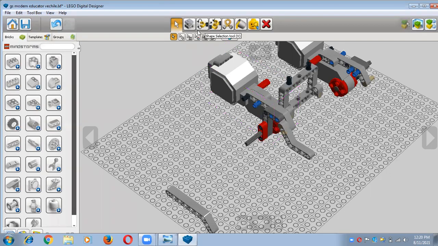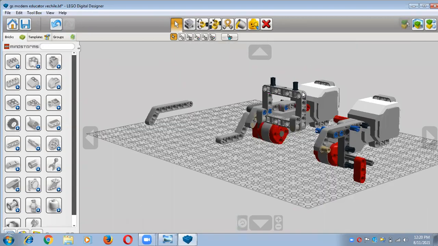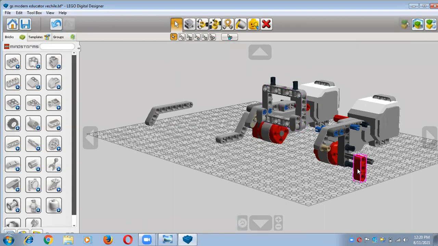So for that you have to clone it, right? And now put it here, and after that you will choose what? Single selection tool, and then just turn like this, right? And now you have to take it and put it here. इसीलिए हमने यहाँ पर दो स्मॉल क्रॉस एक्सल ये कनेक्टर पैग्स को यूज किया था. 2 small connector pegs and 1 cross axle for joining this, right?